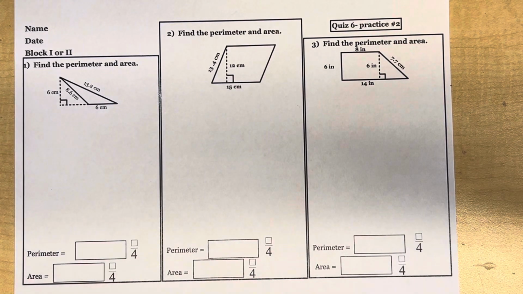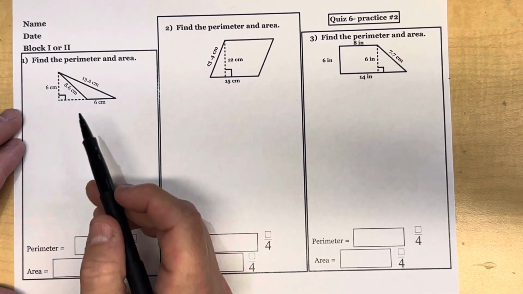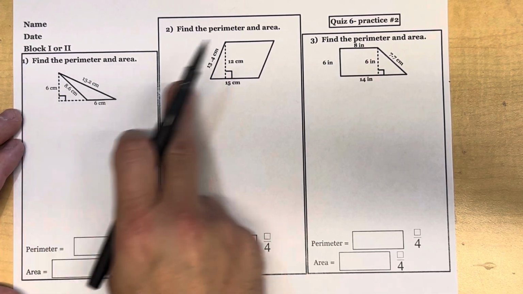Hello, this is the homework for Wednesday, November 13th. I'm just making a video in case they're having a little bit of trouble with it. Parents and students could watch this, but we have to find the perimeter and area of a triangle, a